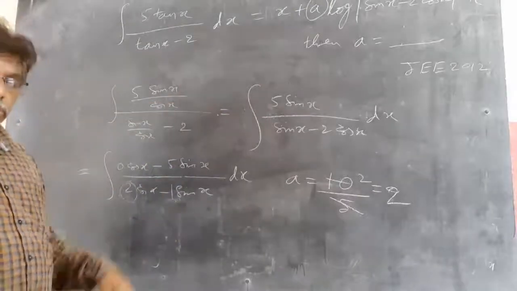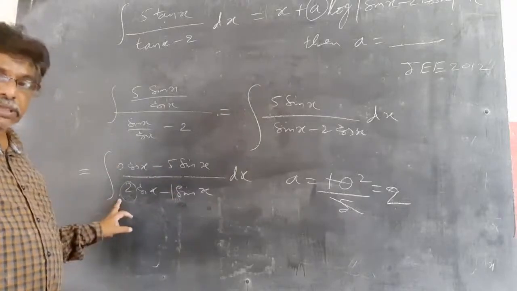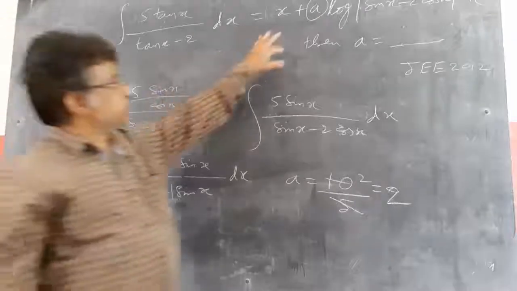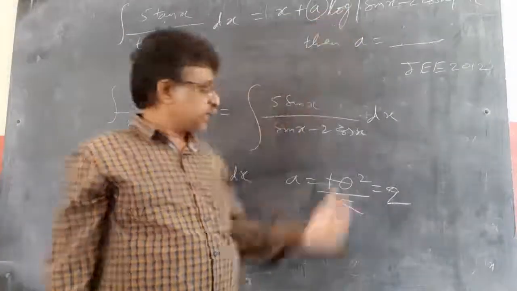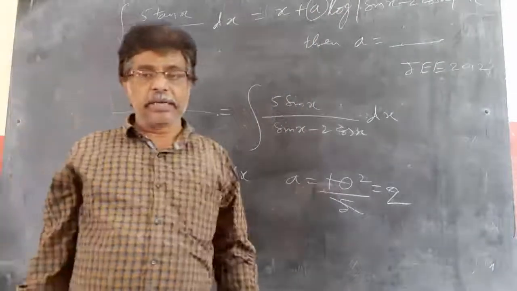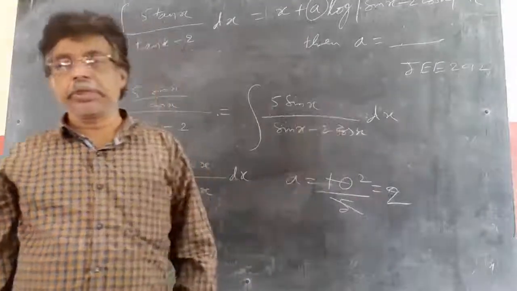So in that I told you the direct way of doing is this into this minus this into this gives you the a value, f dash x by f x, log mod f x. He is confusing us, giving b first and a next, but you know log mod f x is a. So that a is this into this minus this into this by c square plus d square. We already discussed it. So if you know the shortcut, it is a one-step sum, simple sum.